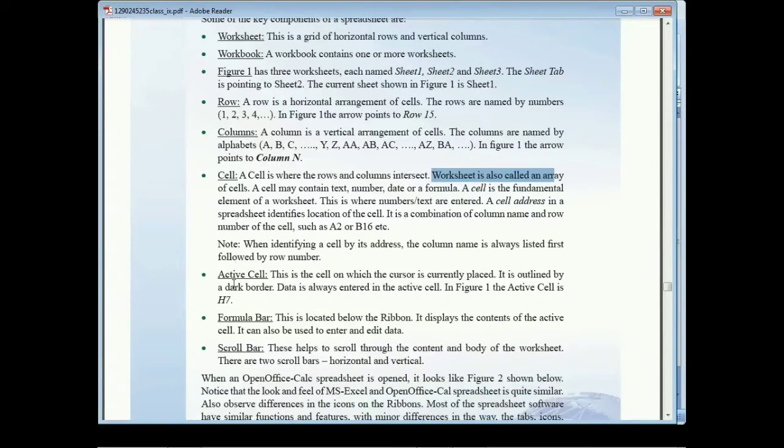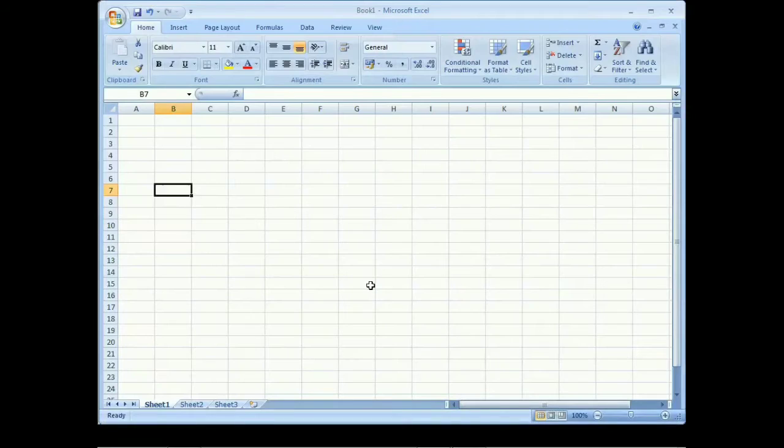Now next, active cell. This is the cell on which the cursor is currently placed. It is outlined by a dark border and the data is always entered in the active cell. So in our sheet, if we want to type any data in our cells, first of all we need to set the location.